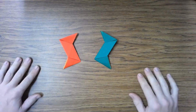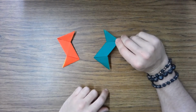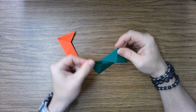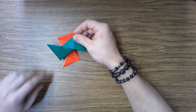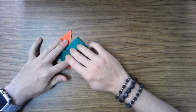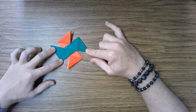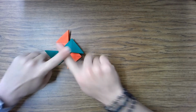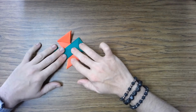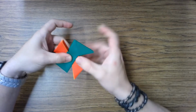So we've got these two squiggly shapes. We're going to take the green one. We're going to flip him over. And we're going to put him right across the red, just like this. So it forms an X. You see that? We got one line going this way, the other one going that way. Makes an X. Now, you pick it up,